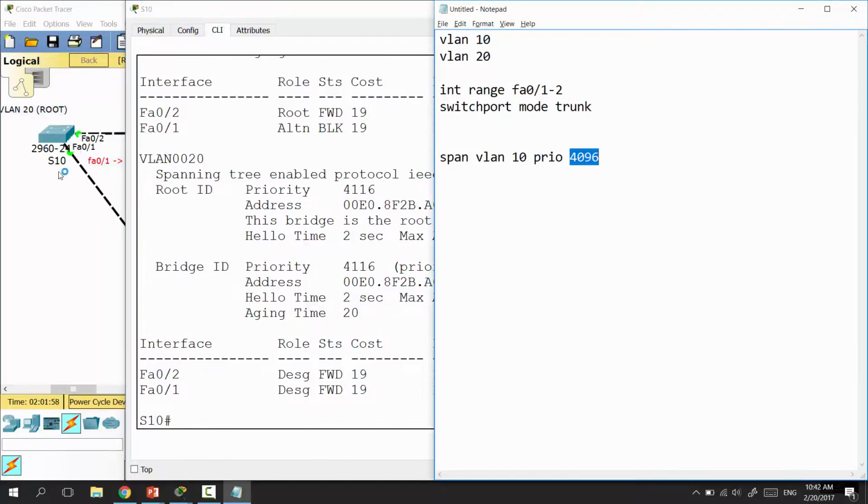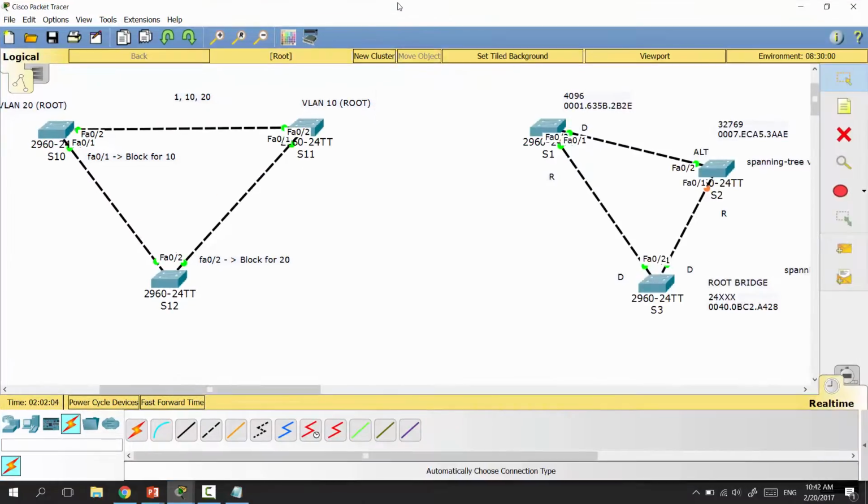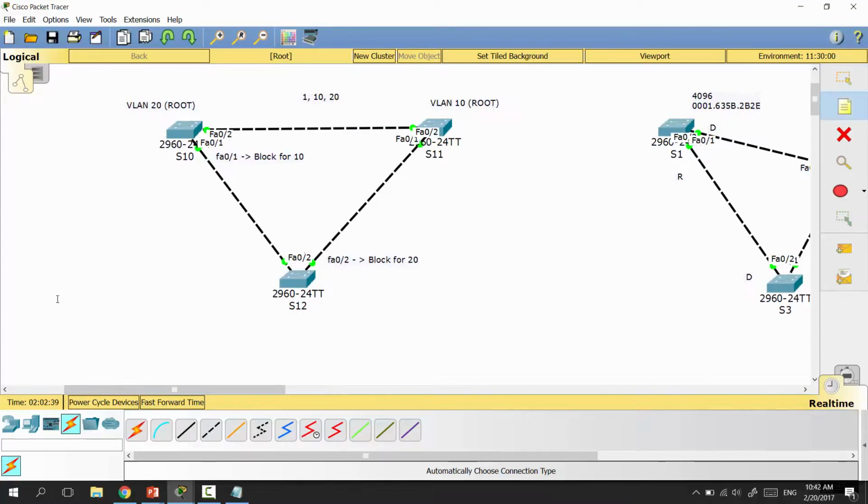Alright, and now it's time to take a look at another example where we can use rapid PVST plus. Rapid PVST plus is also creating separate tables of the spanning tree per VLAN, but it can also work much faster than PVST due to the fact that when you're connecting end devices